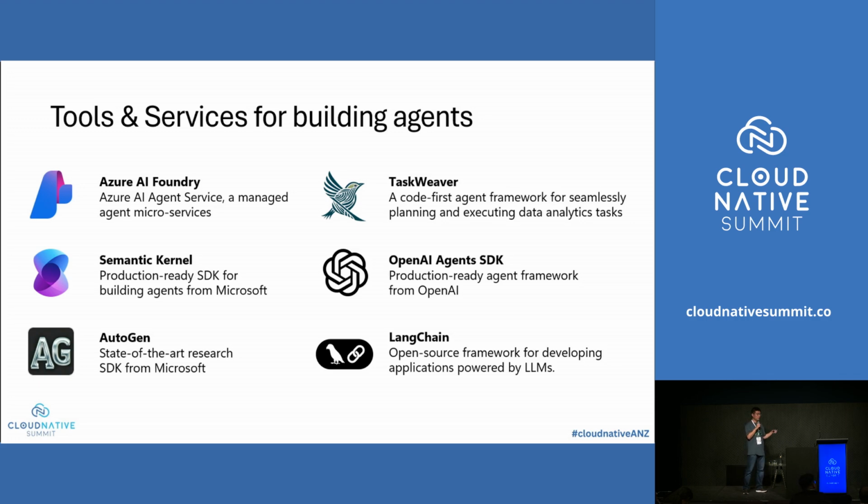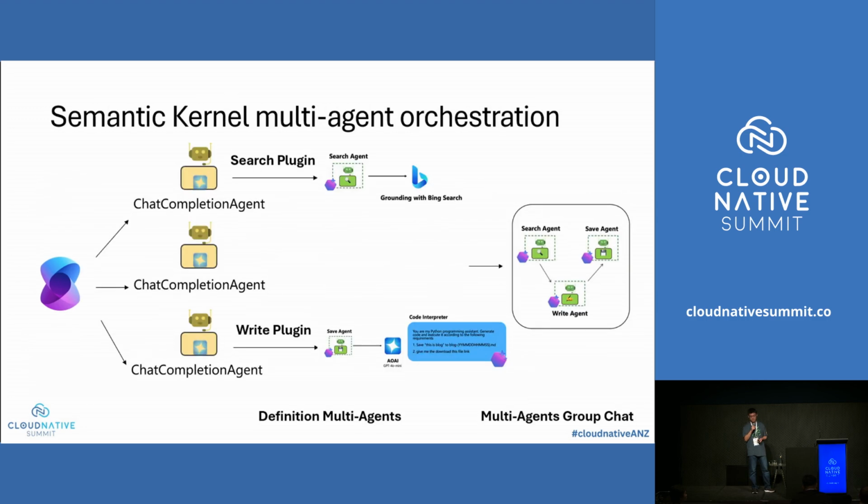So the answer could be, AutoGen is for experimental purposes. You can use that to build your prototype, but if you want to make your program for production, you had better use Semantic Kernel. And LangChain, that's another popular framework. It mainly targets Python, but Semantic Kernel can support multiple languages, including Python, C# and Java. And OpenAI Agents SDK also has a framework to build agents. So here is how a Semantic Kernel multi-agent works. We have 3 agents. We put them into one group chat so they can work with each other.